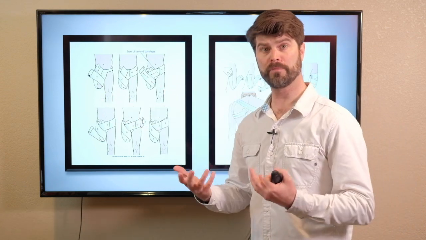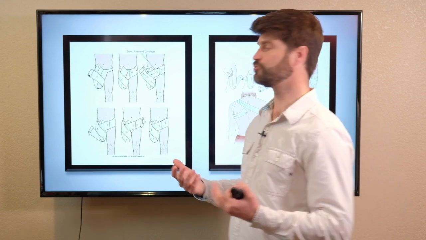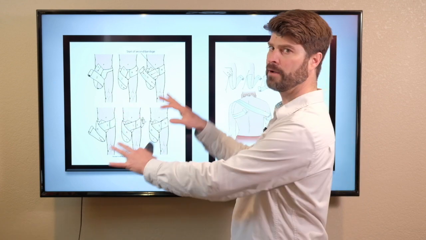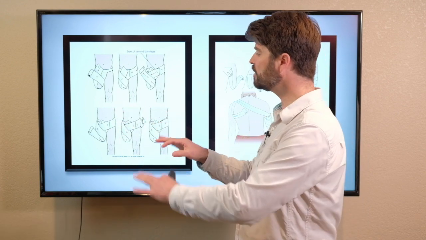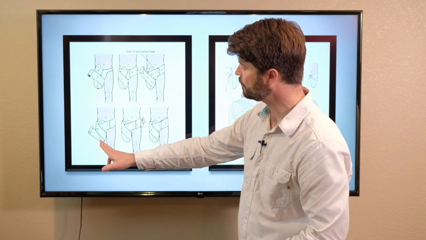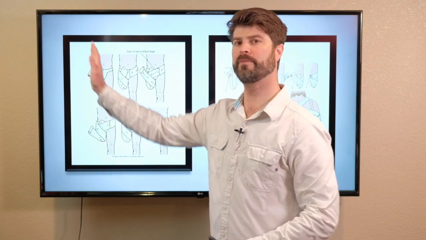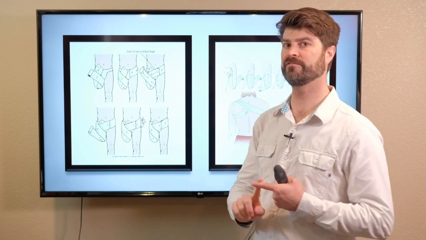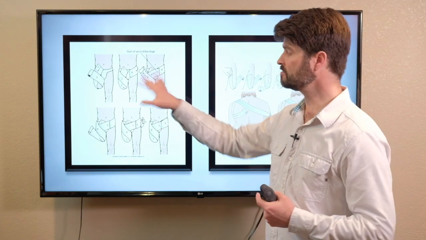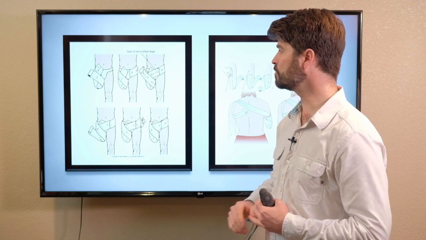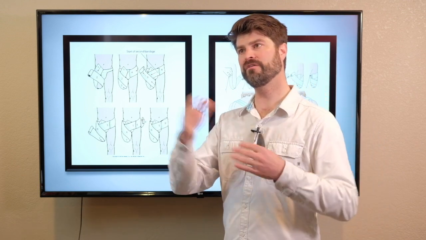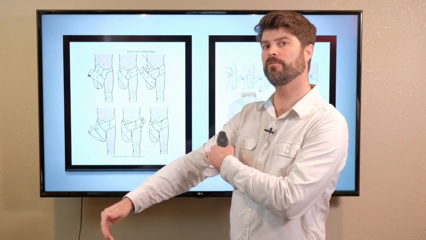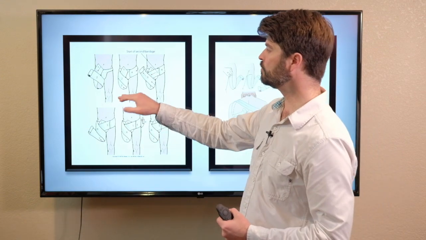So we talked about wrapping a few different times, and we always want to wrap from the stump up towards the body to promote venous return and prevent drainage at our patient. Here's what that looks like. So this gets really complicated, but the thing you want to pay attention to is we're always wrapping from the stump up the body, because that's the way we're going to help to promote drainage. The other pro tip I've got for you guys is when you're wrapping somebody's stump after a surgery, if it's an above the joint amputation, meaning like an above the knee or above the elbow amputation, you always want to